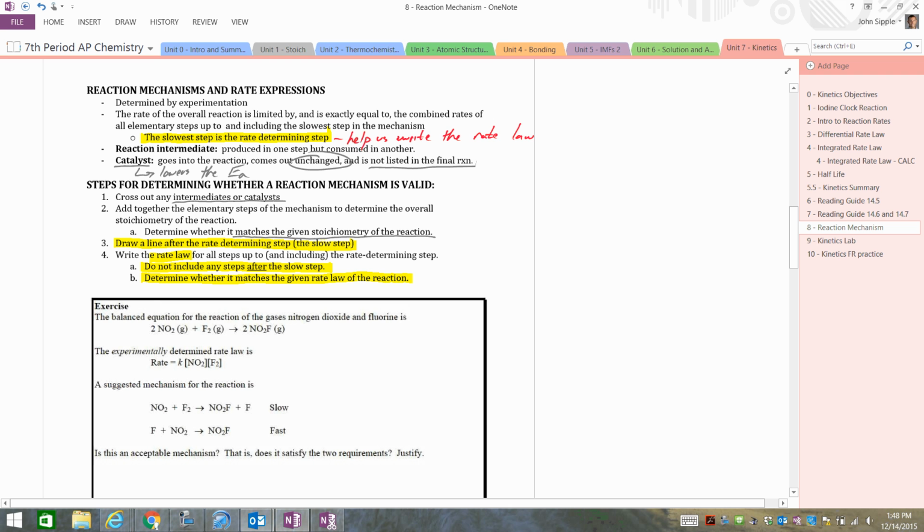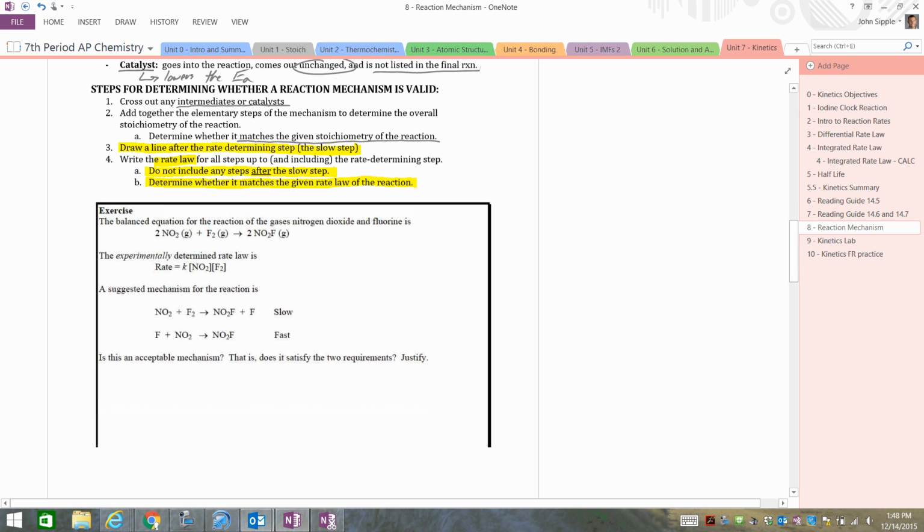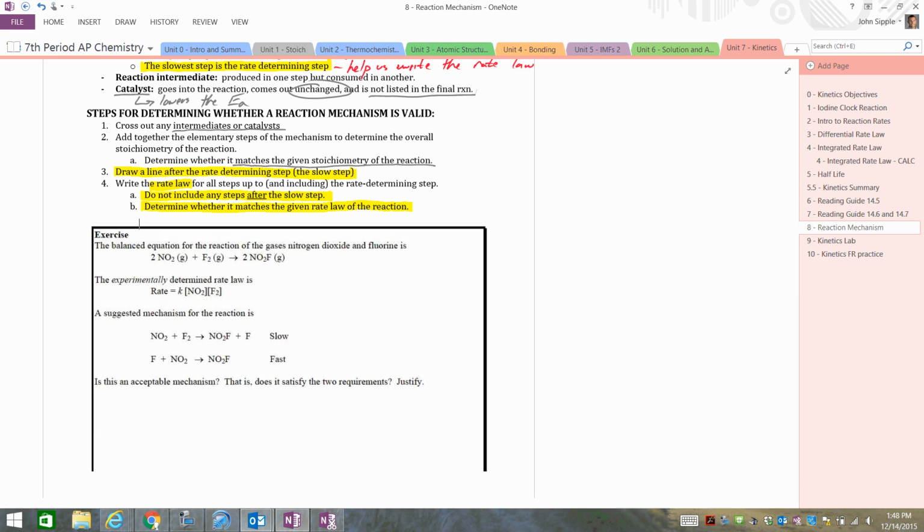Okay, so as we look at this reaction, we've got our balanced equation right here. They're saying the experimentally determined rate law is that. Okay, that's fine. And then the suggested mechanism for the reaction is below. So they give us this two-step reaction mechanism, and we have to determine whether or not it's acceptable. In order to figure that out, the first thing we've got to do is